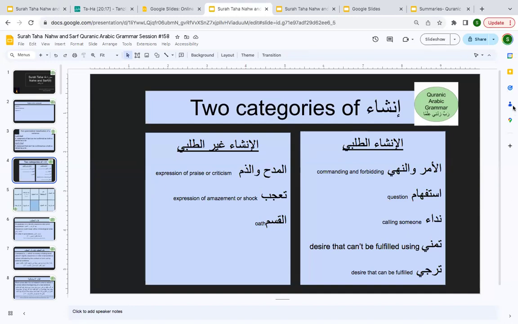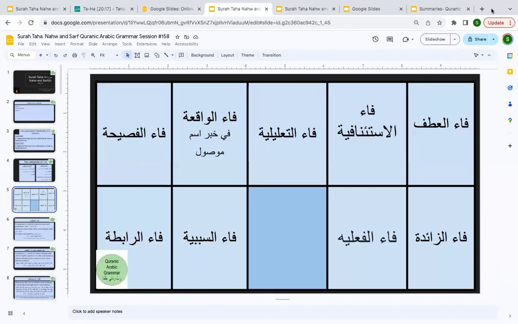We have separate recordings on them as well, so that we can go back and look at them. So I'm going to start this topic today, and inshallah we can complete it in our next session. Let's just go over it. I want you all to familiarize yourself with these 9 types of fa that you are going to come across in Arabic text. It means that you may not see some of them in Quran, but outside of Quran you may see them, and you should know a little bit about them. They are not too hard to know.